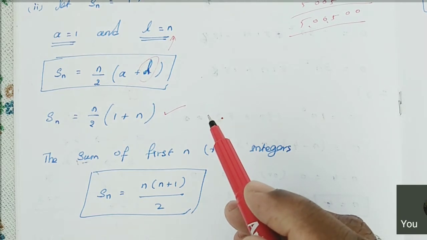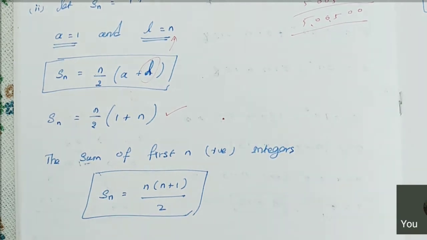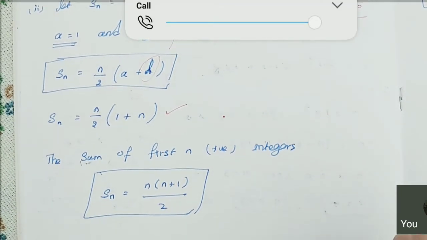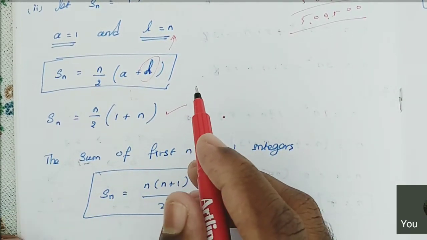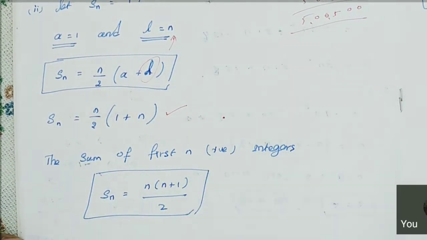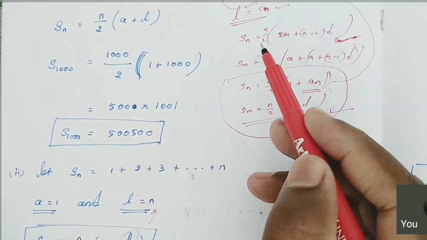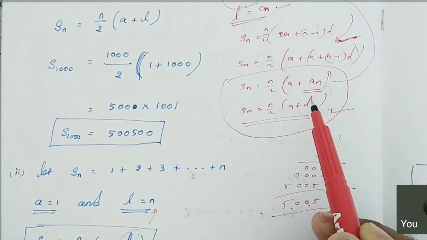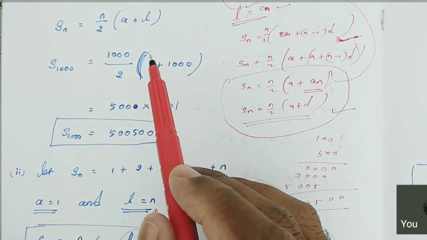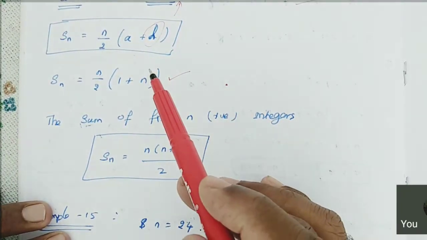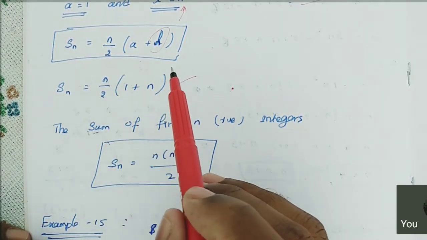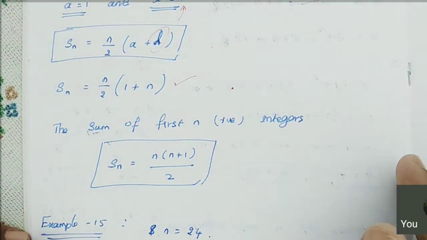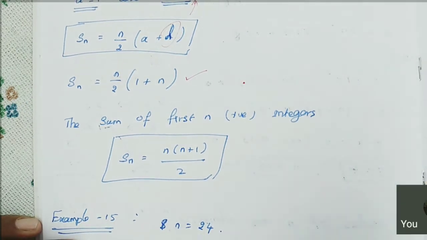Now is it clear? I will increase my volume. Now you can tell me what you observe from the problem. Listen carefully. Here you found that d is not needed, right? Because you are able to use a plus d, the same way here a l. So when you simplify this problem, you will get Sn is equal to n by 2 (1 plus n). So what do you observe from this? Very good. d is not needed.